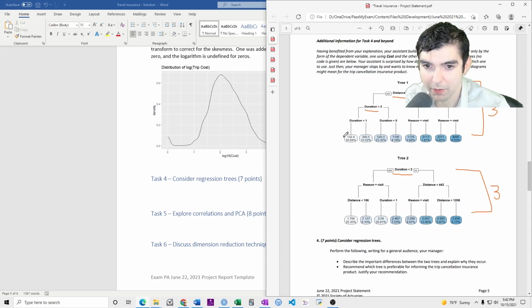And then if you look at the values here, this value is the prediction. So 132, and this prediction is only 1.706. So this is using the cost, right? Because if you take like the log of like 100, it will be like somewhere like a small number. And then the percentages here are the distribution.